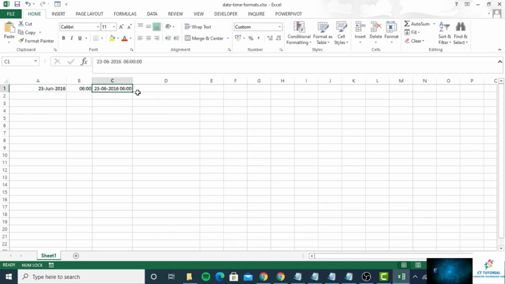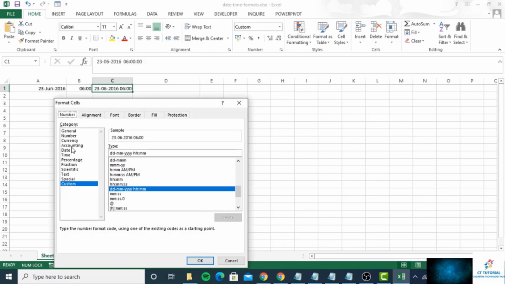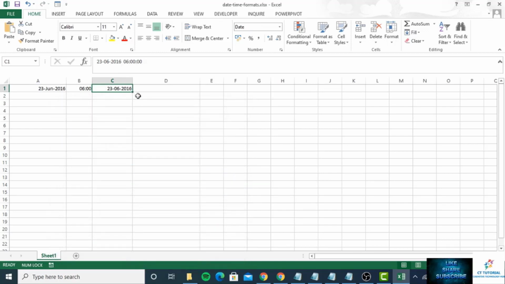If you don't want to see the time here, and you only want to show the date, then for this you need to again right click and click on Format Cells and just click on Date and select your format. You can see in the formula bar the date and time is showing, but the time is not showing in the view. You can change